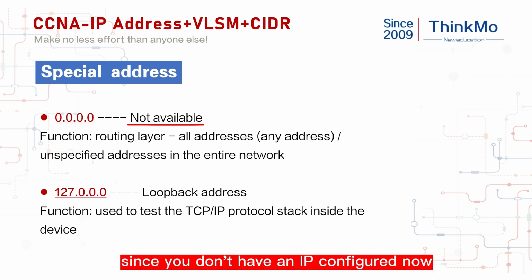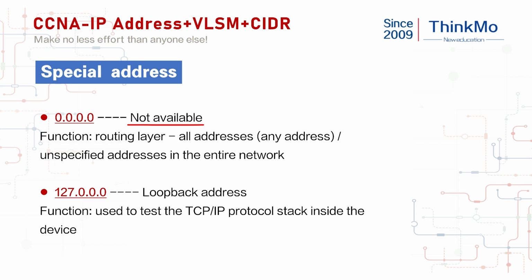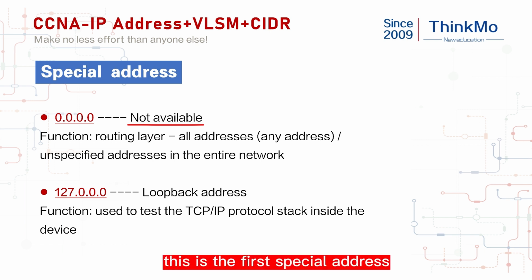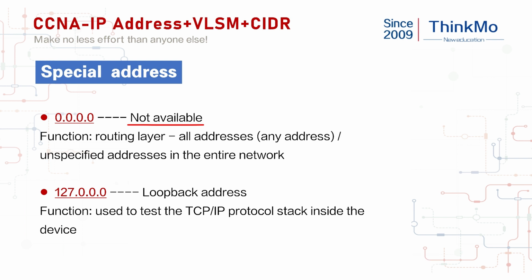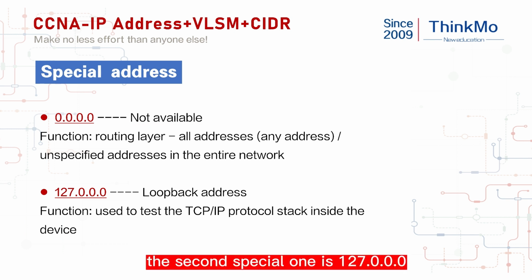Since you don't have an IP configured now, you don't know what IP you are, so you'll go with four zeros. Okay, this is the first special address. Four zeros, although they belong to Class A addresses, cannot be configured. This is rather special. The second special one is